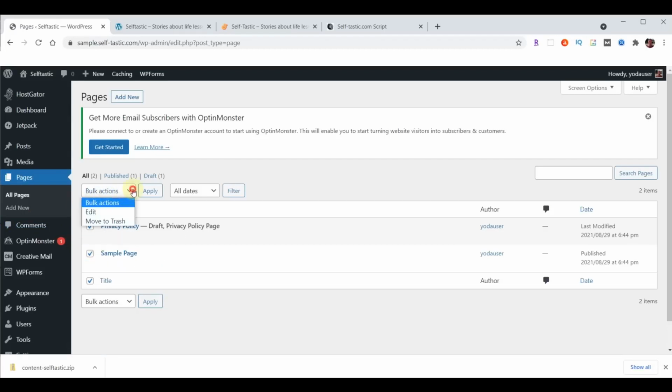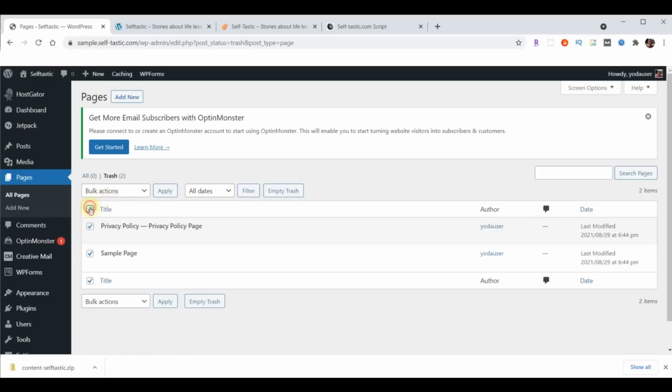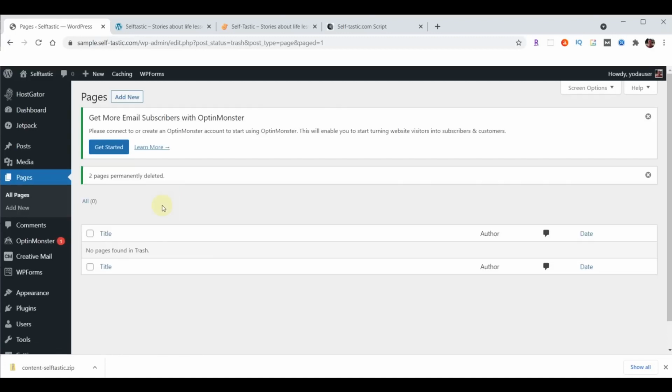Under Bulk Actions, we're going to choose Move to Trash. And then we'll choose Apply. And as an additional step, I like to click on Trash. Choose them all again. Bulk Actions. Delete permanently. Apply. And now we want to get rid of all the plugins that were pre-installed, because we're not